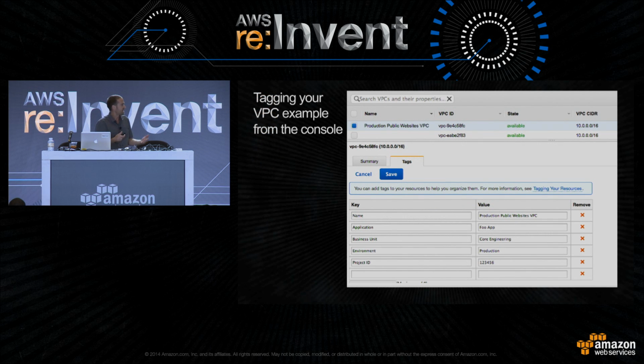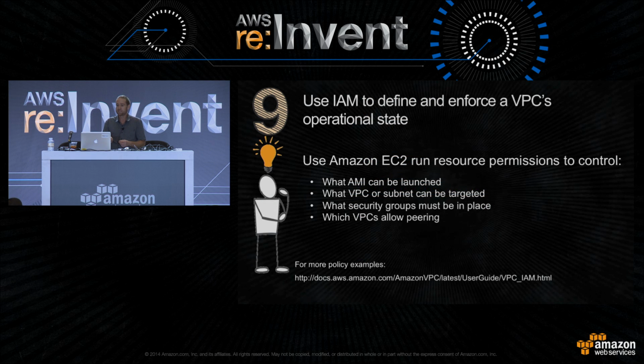So here's an example of tagging. These are just some basic tags I put on my VPC, but these can go on subnets and all sorts of resources. I named my VPC, said the business unit is core engineering, my environment is production, and my project ID is 1, 2, 3, 4, 5, 6. If I wanted to find out at the end of the month all the things that were 1, 2, 3, 4, 5, 6, I could pull all the EC2 instances, all the EBS charges and all that stuff and sum it up, and again do chargeback. And further, I can do some EC2 resource-based permissions on that as well,